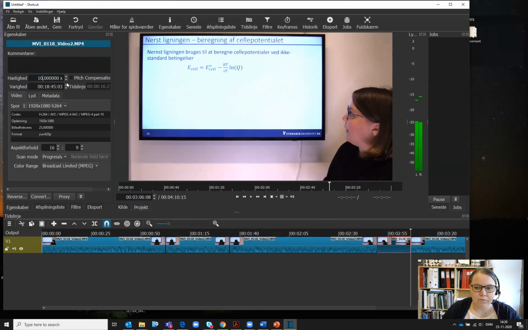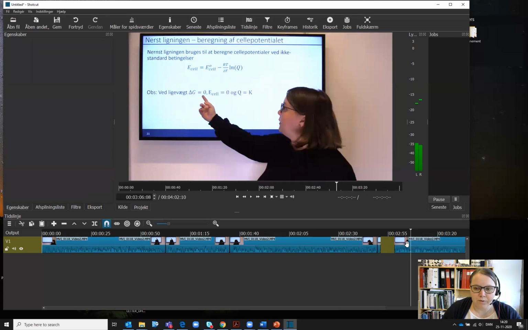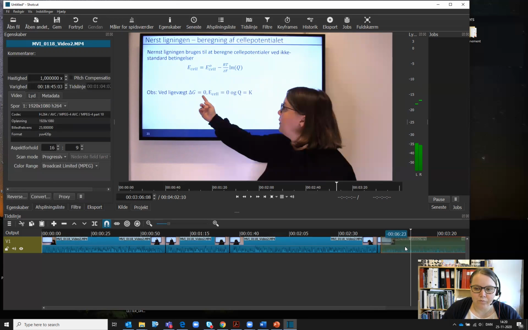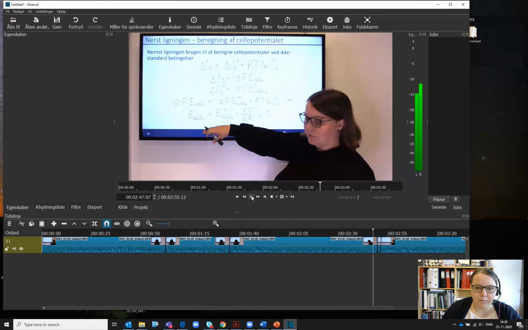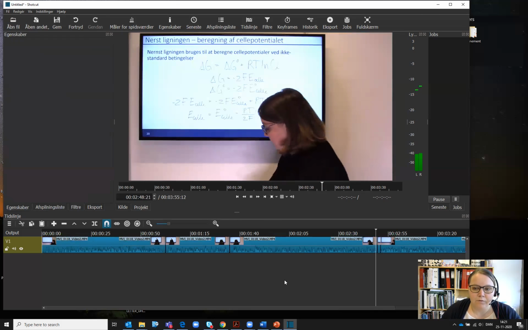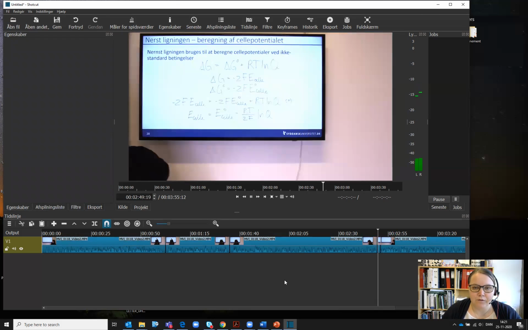So if I set that to 10 times, the part where I wipe down the board will only be a little less than 2 seconds. So you see also here now this part has shortened, and I can move the right side up to that point. So when I play it now, it will just fast forward.